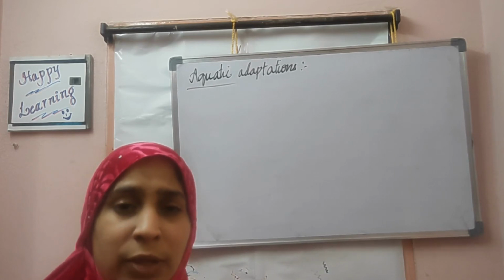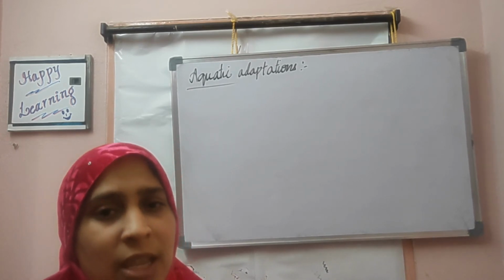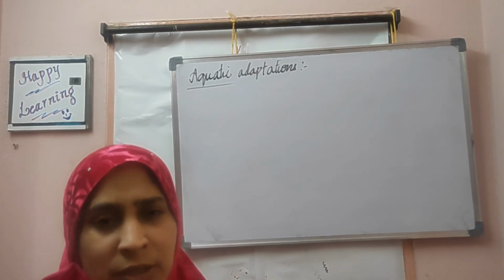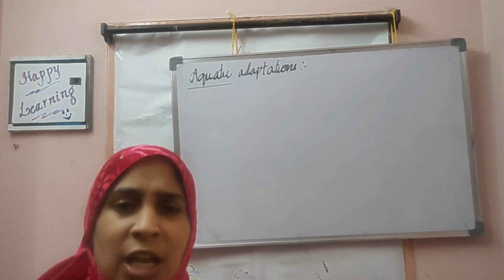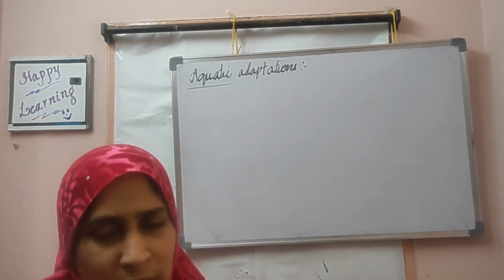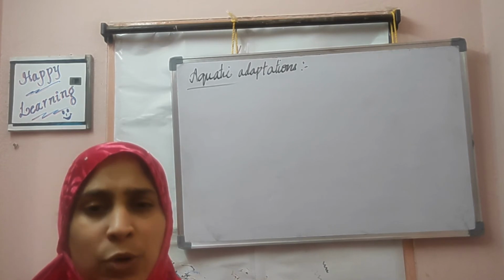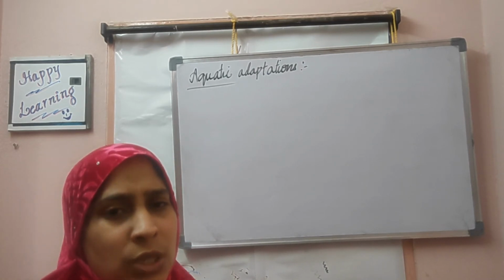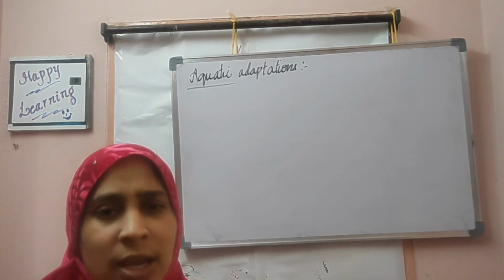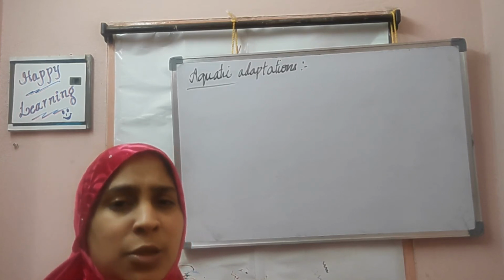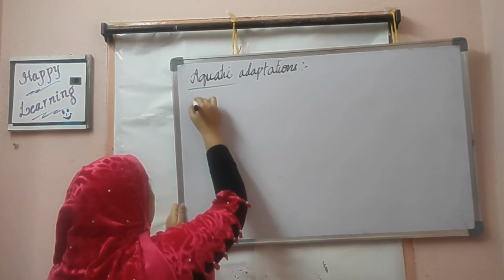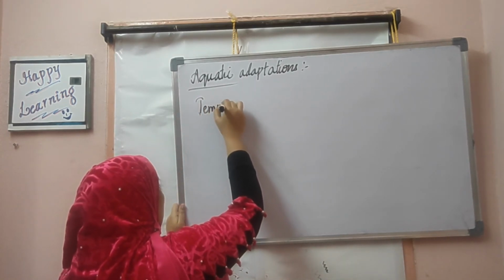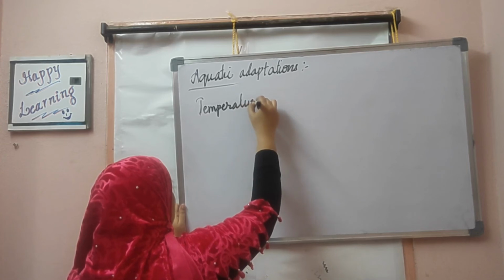Even in the darker zone that is present in the deeper layers of oceans, seas, even some of the deep rivers, ponds, lakes, they have deeper areas where there is no light penetration at all. Still, organisms are able to survive in these areas. So these are various puzzling questions that are still being researched by scientists. So we'll understand now what are the temperature adaptations that are seen in these organisms.